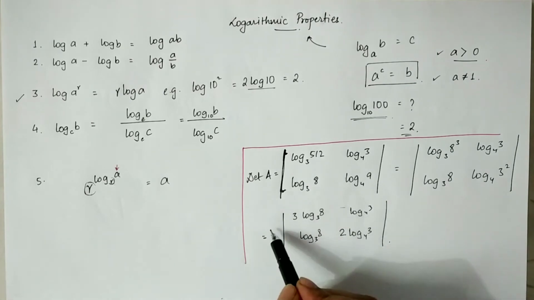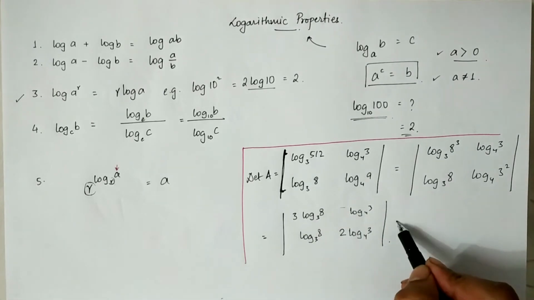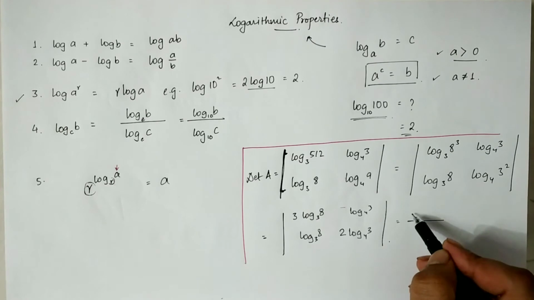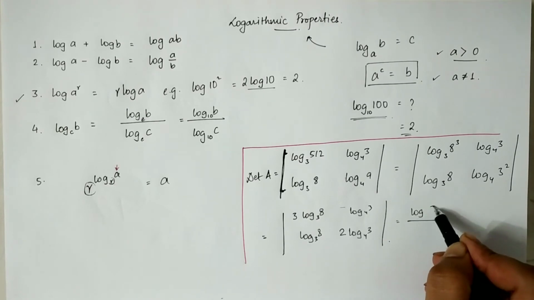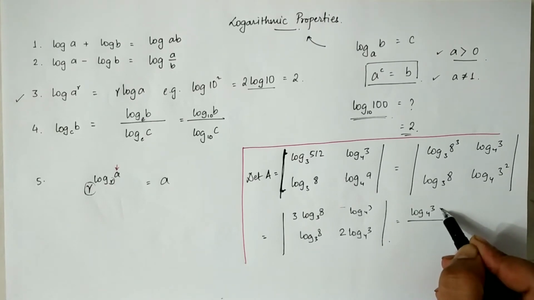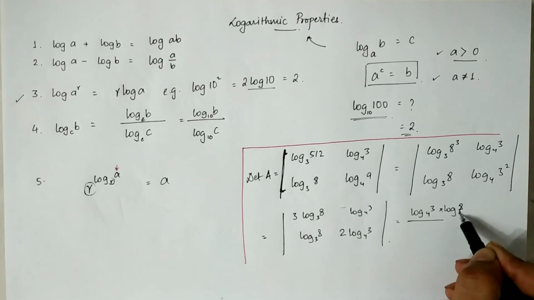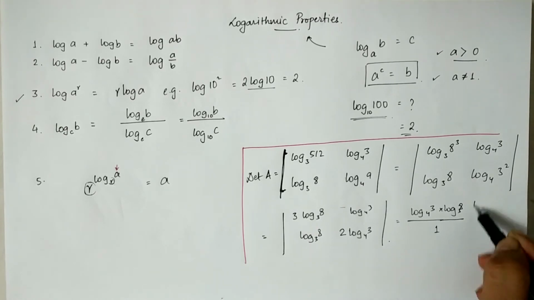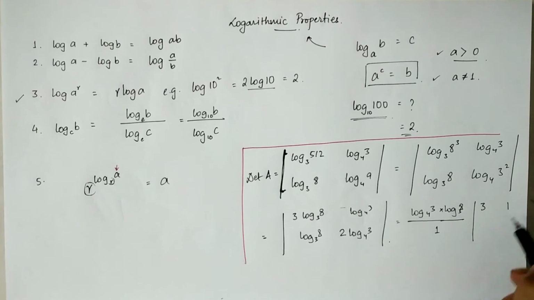So from here we took this element out, from here we took this element out, so on top what will be there, log 3 base 4 into log 8 base 3 upon 1, and this is 3 1 1 2. The value of this determinant is 6 minus 1, which is 5, multiplied with